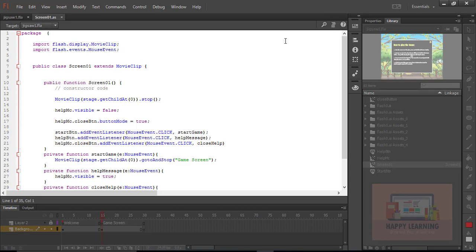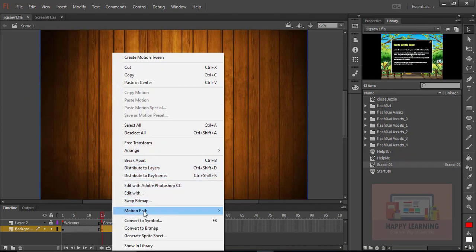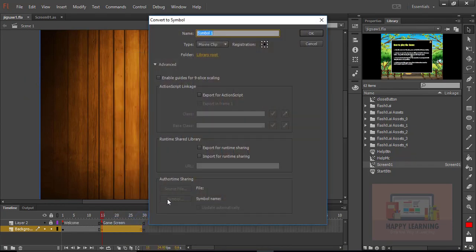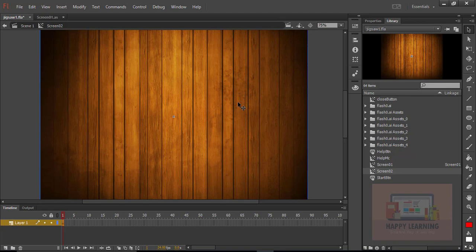Let's go back to the stage, discussing part 2. Select the image, convert it into a symbol. We just need to name it as screen 2. Started working with that screen 2 in this part. Click OK. Now let's get inside the symbol, and we just need to import the required stuff from the Illustrator